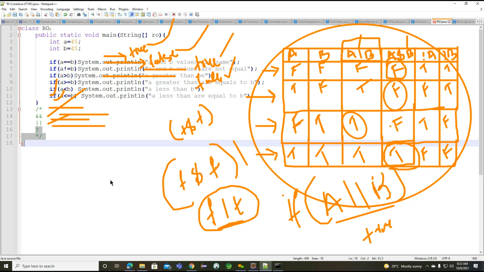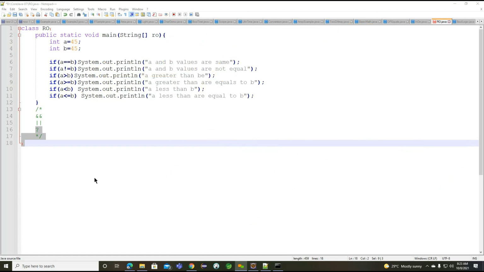To understand more about this ternary operator, let me clear this console, and here I want to write. Basically we have an expression. This expression returns true or false. If it returns true, what happens internally? We have a question mark, and after the question mark we print the value.